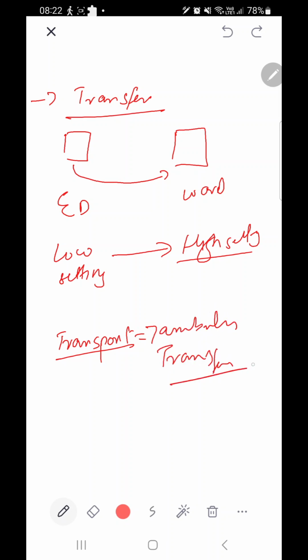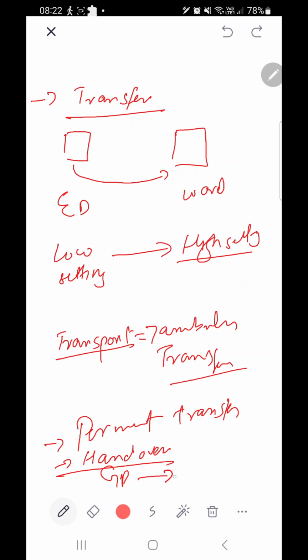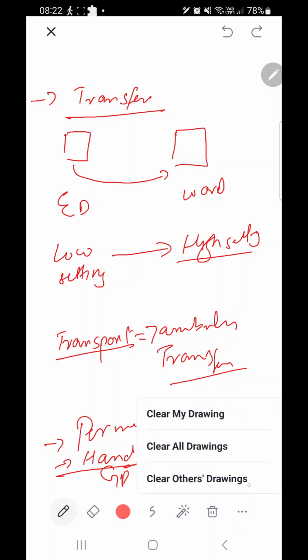So these are a few types of transfer examples. It could be, let's say, a permanent transfer, or we can say a handover. It's GP to GP most of the time, or it can be from specialist to specialist. You are the old GP and you're writing to the new GP, right? Anyhow, afterward we can see that a letter of information is less likely in medicine,